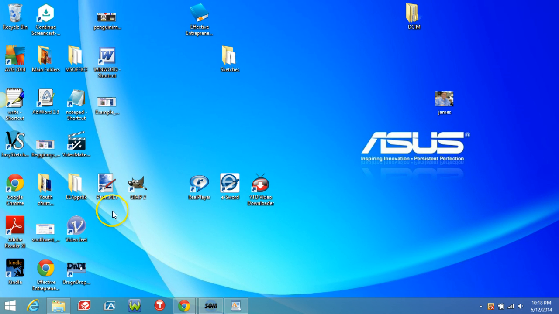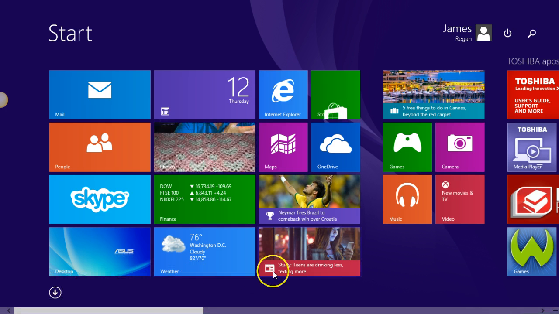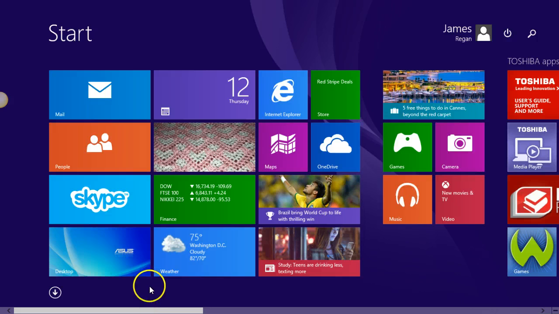Now, this blue thing that you see is called the desktop on the computer. This is a Windows 8 operating system, and this is the old style desktop back in Windows 7. Windows XP had this desktop, but they are now moving towards this other desktop. You see me hitting this little thing here. Boom, that changes to the new desktop.